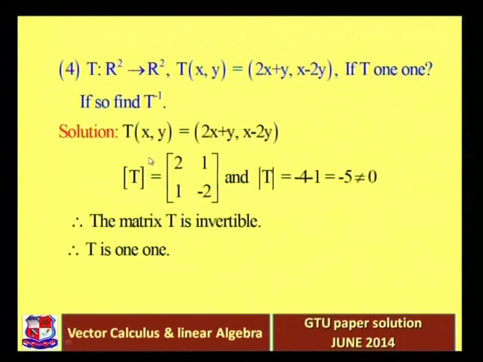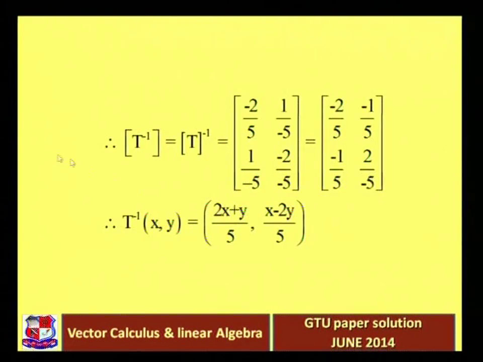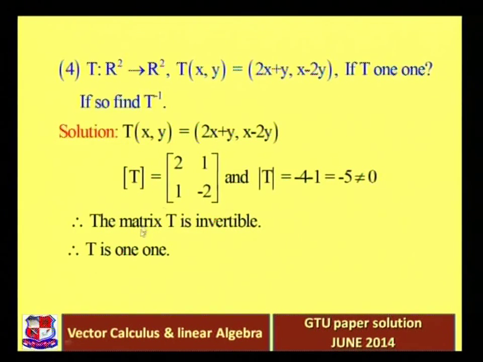Here is another important theorem: the inverse of the standard matrix of T is exactly the standard matrix for T inverse. In a 2 cross 2 matrix we can easily find the inverse of the standard matrix. This is our matrix. If you want to find its inverse, that is exactly the adjoint of this matrix divided by the determinant of this matrix. What is the adjoint of this matrix? We just have to